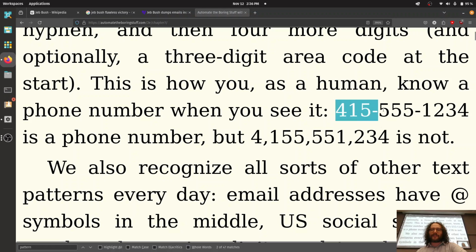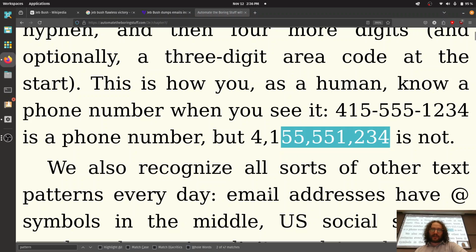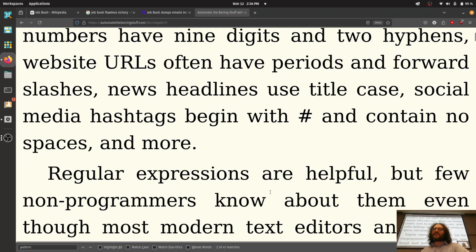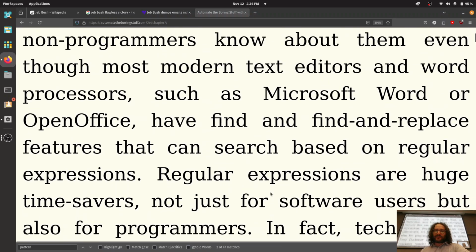Okay. We know that this is a telephone number. We know this is not. We also know other things. Email addresses have @ symbols. Social security numbers, as we'll see, have 9 digits and 2 hyphens. Website addresses have periods and forward slashes. Right? So,